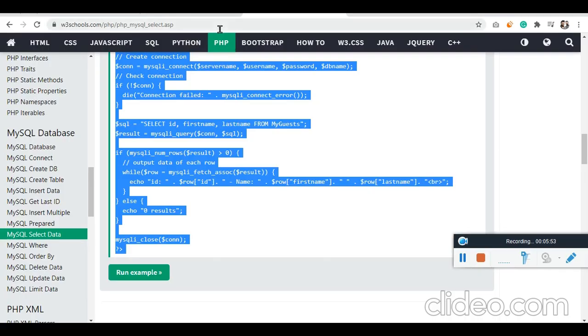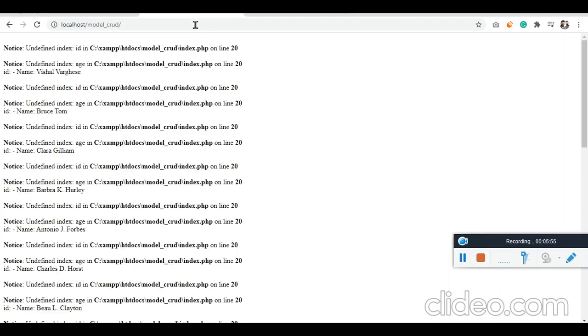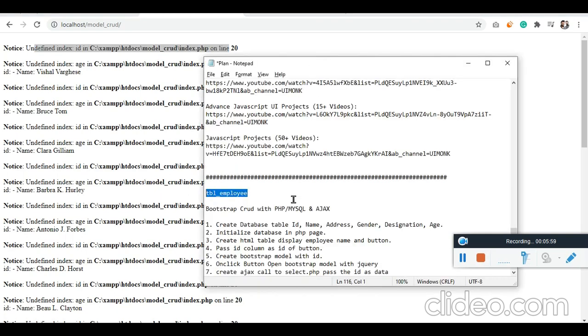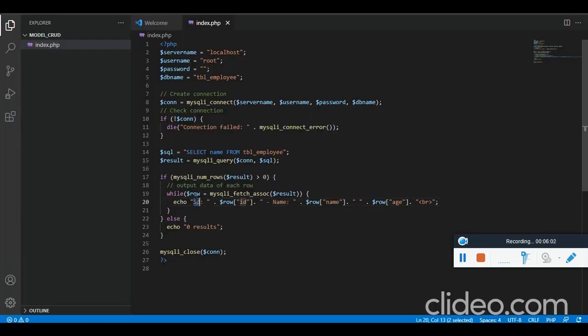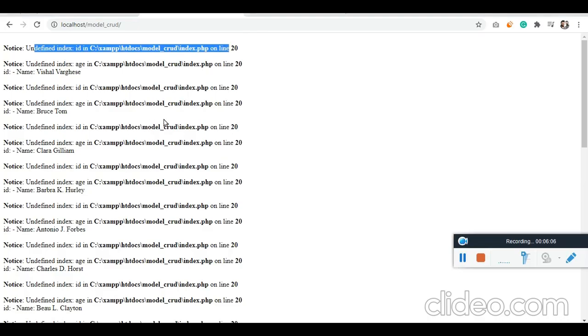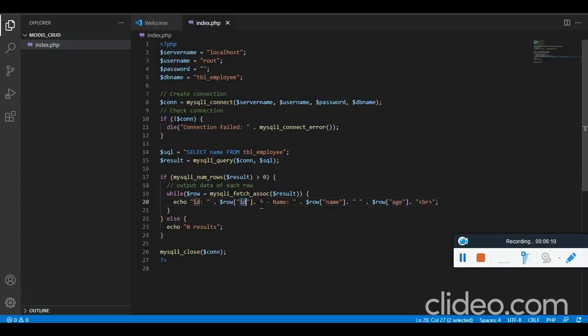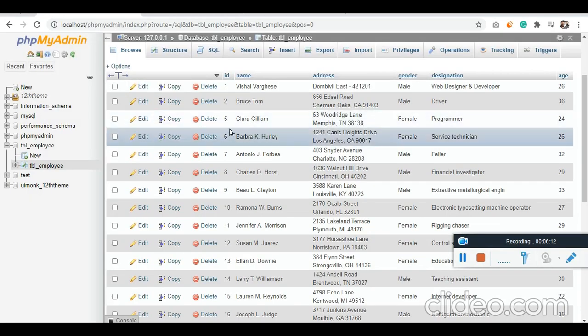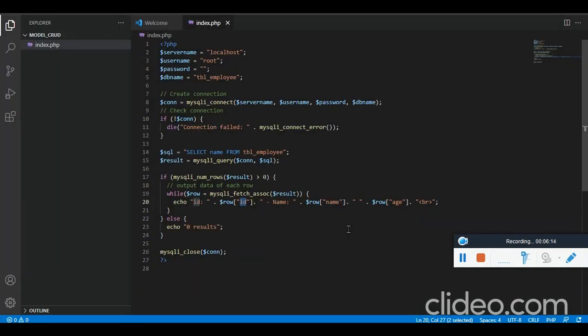If you see, there is some spelling mistake on line number 20. Let's see what it is. Undefined index ID. It says ID is not found. ID should be there. You can see ID is there.